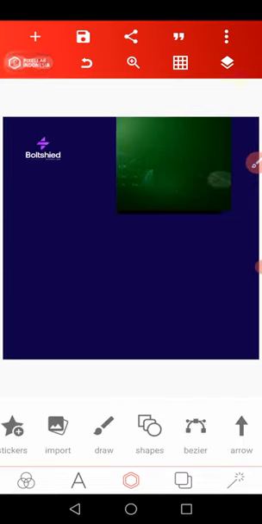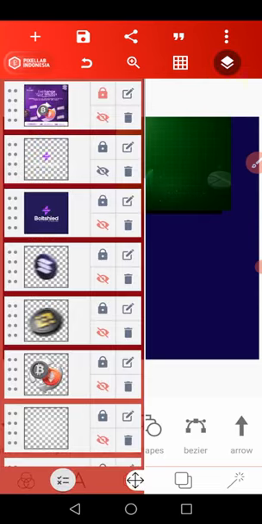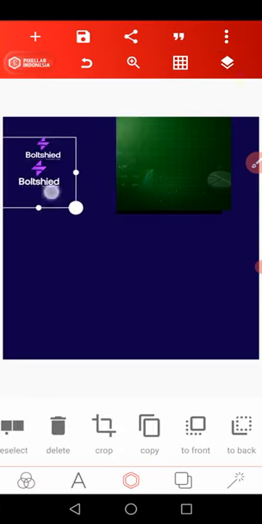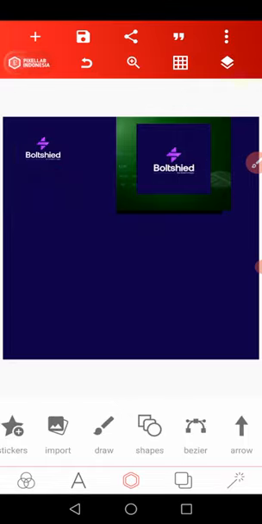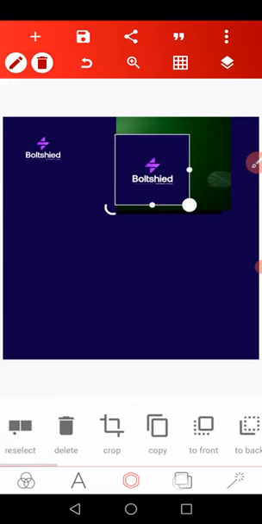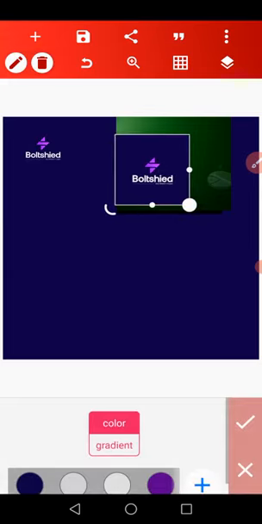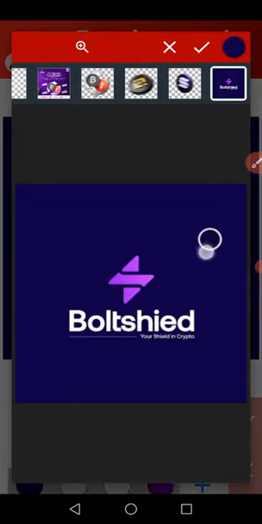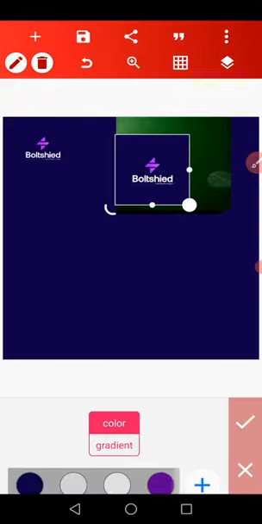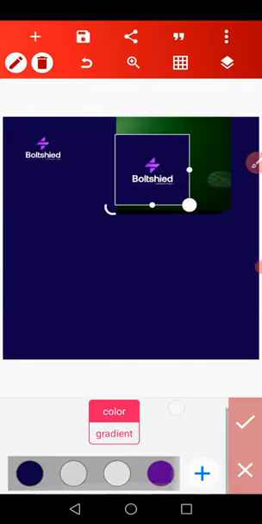So first of all, let me talk about the background. This is the logo, the brand's logo color or brand color. So I just uploaded this and then went to color, and then I picked it from the logo. This is the dominant color, so I just chose that one, even though I could have used the other purple, but I thought this one was okay, so I used this. And then